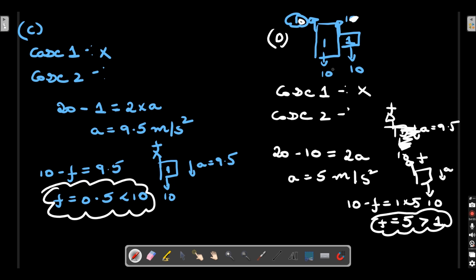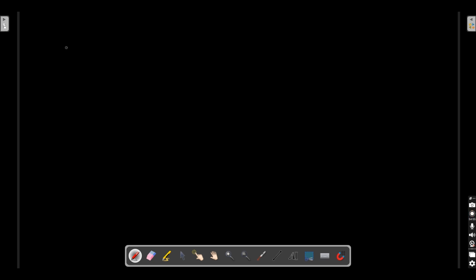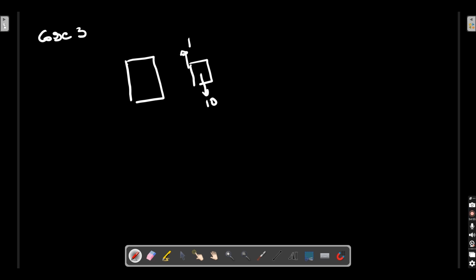Case 3, is it possible? Here you have 10. So for case 3, I guess here I will have case 3. Here you need to find carefully. Till now in whatever questions we have done, we didn't find a case where case 3 works. Case 3 is nothing but this particular block moves, 10, 1 and then this is at rest. Let's see whether it will be at rest or not. Here you are having 10. When it is moving down, this friction force acts here like this, right? Is 11 balanced by 10? No. So case 3 again got failed.